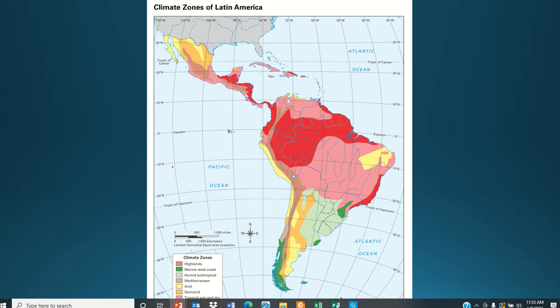Let's go on to the map. So we're talking tropical rainforest climate. That's the dark pink area. So this area is all tropical rainforest climate. This is a tropical rainforest climate. All this dark pink is tropical rainforest climate, and this little bitty section up here, right there, is also a tropical rainforest climate. So one important thing to know is that in this tropical rainforest climate here is the Amazon rainforest. That's going to help you remember where that specific climate is.